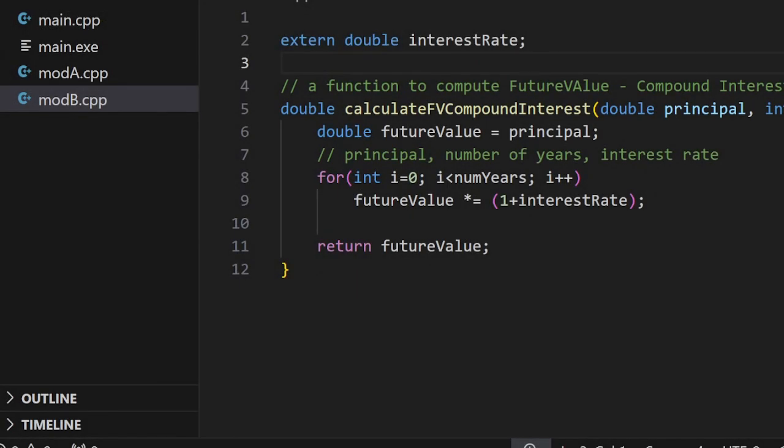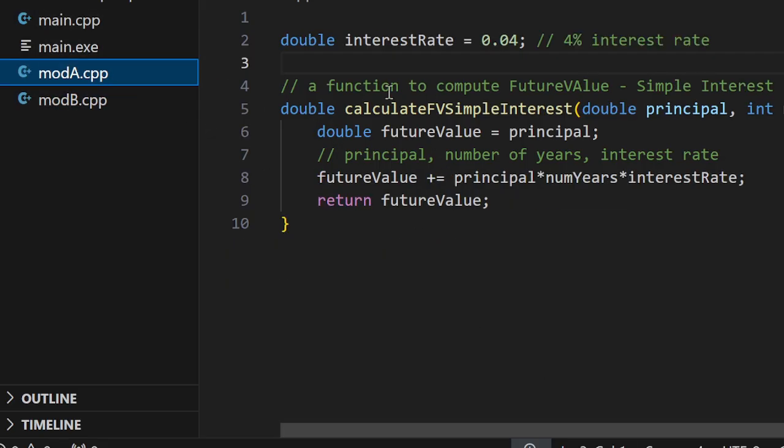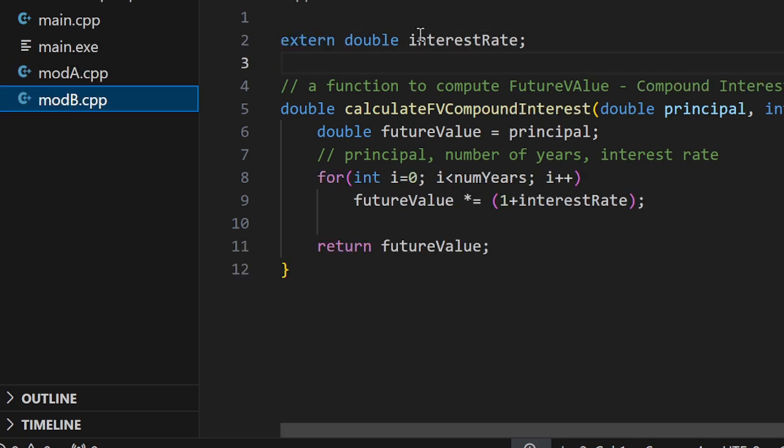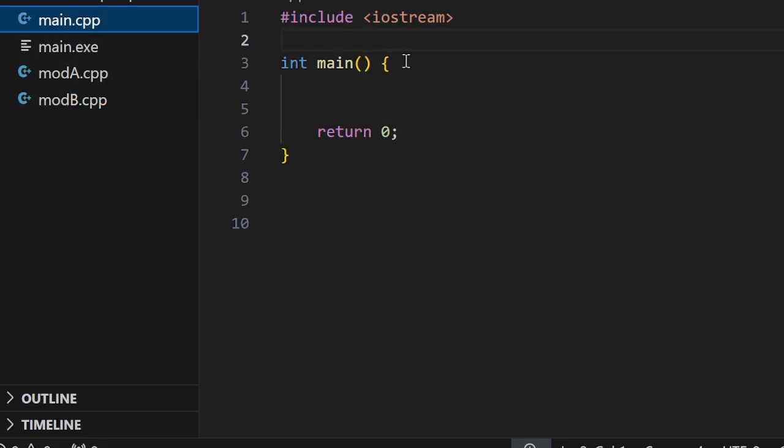So now once we have this function here and this interest rate, we have external linkage. We are using that same variable through external linkage in this module. Now I want to have some code that will actually make use of these functions in the main function. In the main function, I will be computing the future value, so I need to define present value, which is going to be